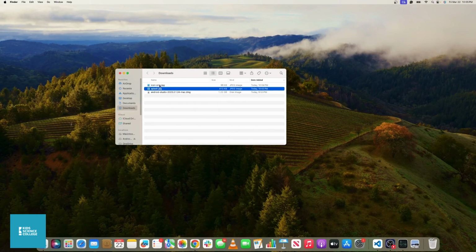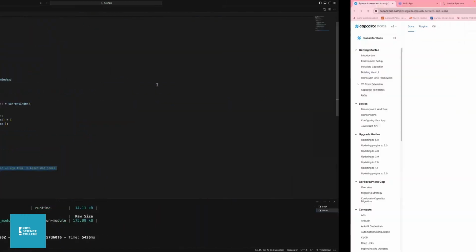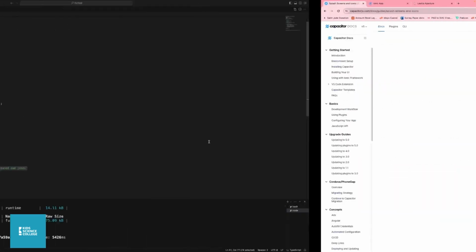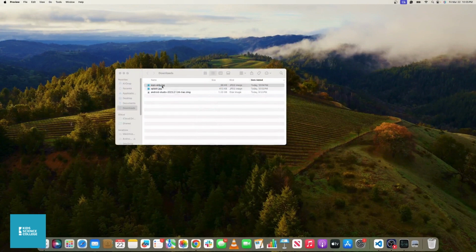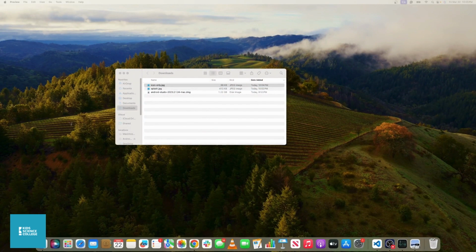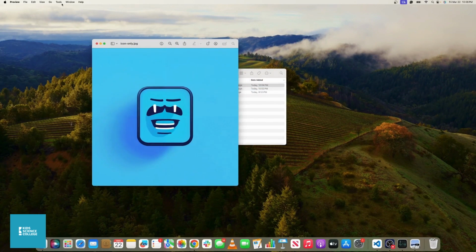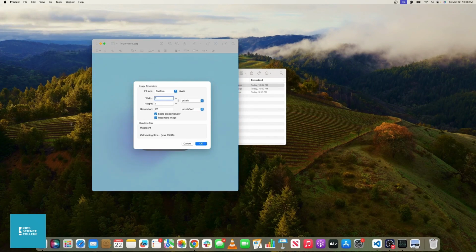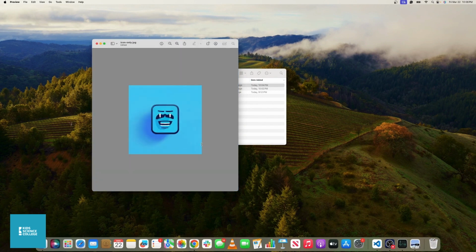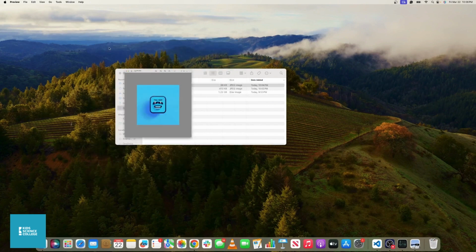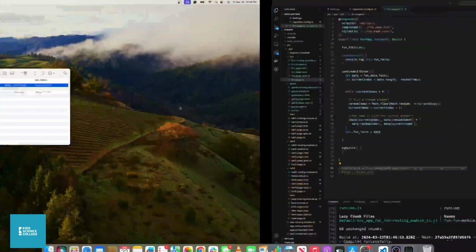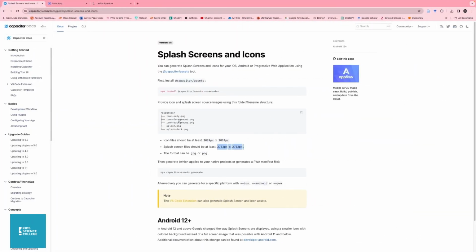Nice. So then our icon should be 1024. I think this should be 1024 already. Let's find out. Tools, Adjust Size. No, it's not. 1024. Okay, so we'll do this. So then we'll close this. Nice. Okay, so then you see they said that for us to be able to do this, we need